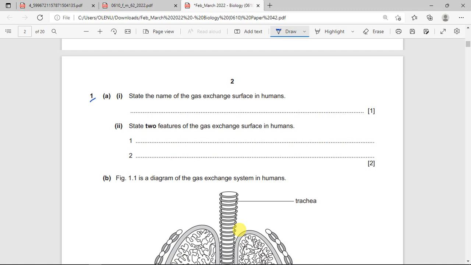Question number 1 is for you to state the name of the gas exchange surface in humans. The gas exchange surface in humans is the alveoli. Now, they say state 2 features of the gas exchange surface in humans. These are just the adaptive features of the alveoli that make it able to carry out this process of gas exchange effectively. And that is, it has a large surface area,